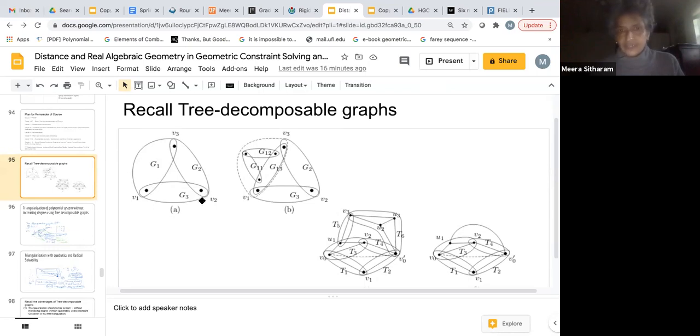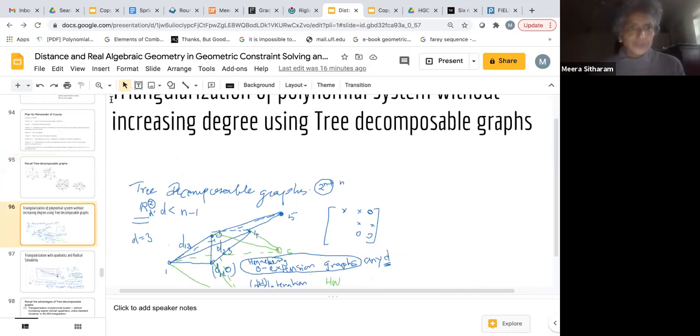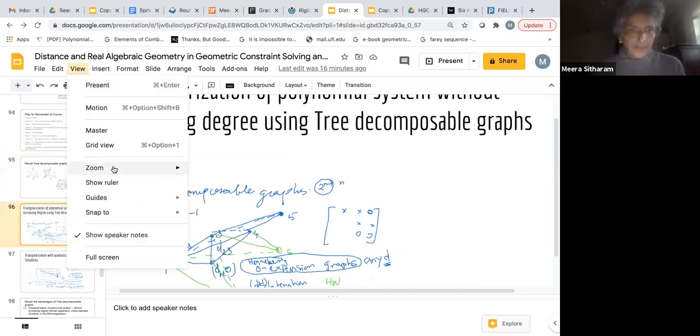That's the definition. And the base case is that the graph is an edge, right? So it's a recursive definition with a base case. So it has many nice properties, and there are nice algorithmic properties, which I won't talk about right now. But the part that we talked about was, just to remind you,